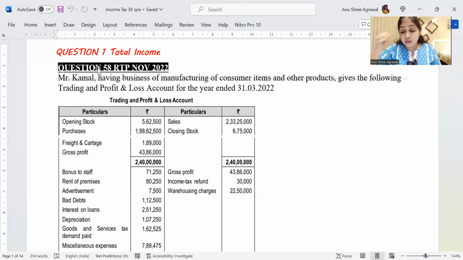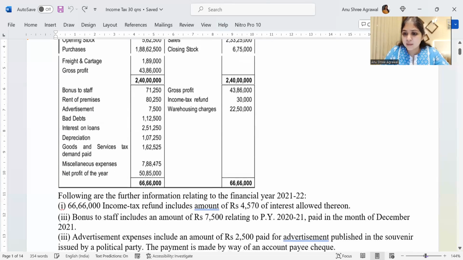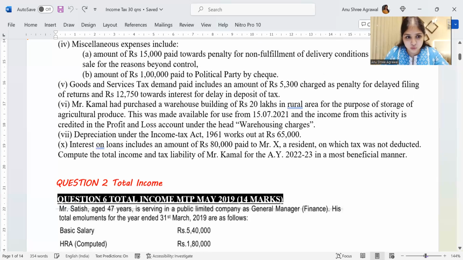It would only be fake confidence. So that is the reason why whatever questions I've brought in over here, I have not brought in even one simple question. Each of these questions will have something really interesting for you. All right, so let's begin. Let us start off with the first question, a total income question. A nice big total income question has been given to us over here.